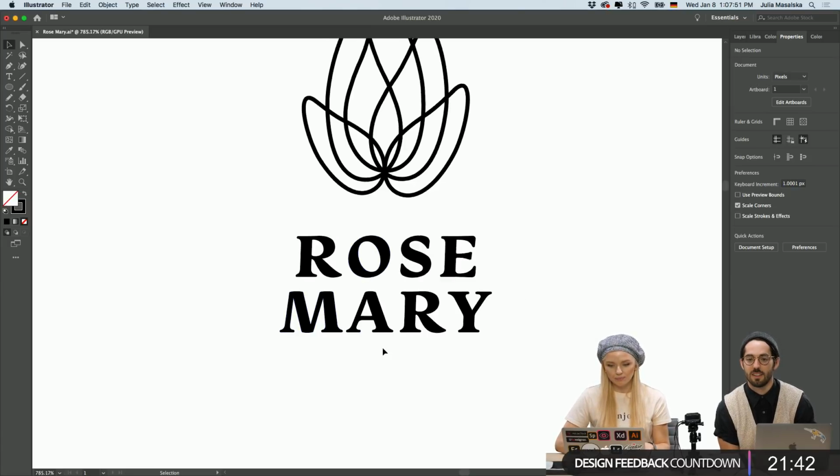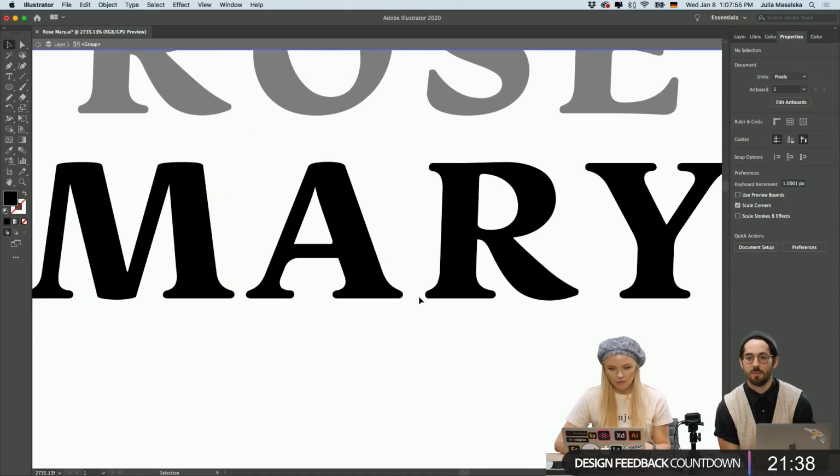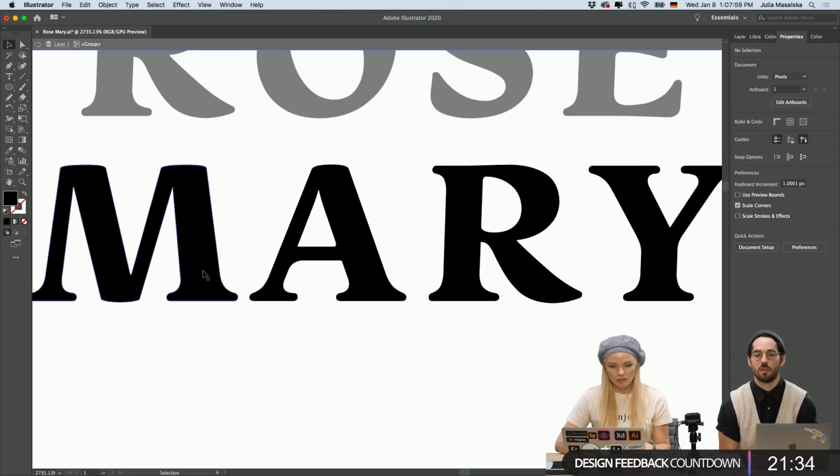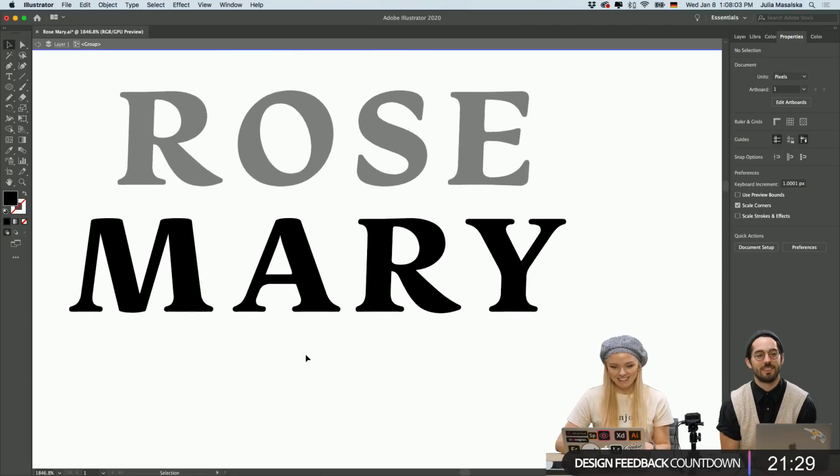I think the spacing here is a little too close. If you think about the spacing here and the spacing here, I'll maybe increase it a little bit. It's kind of interesting. It gets bigger every time. Yeah, the way it sits.